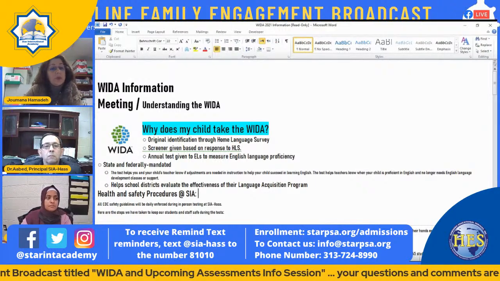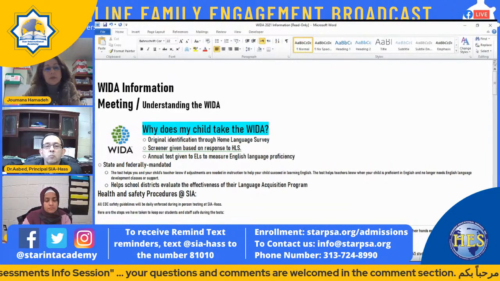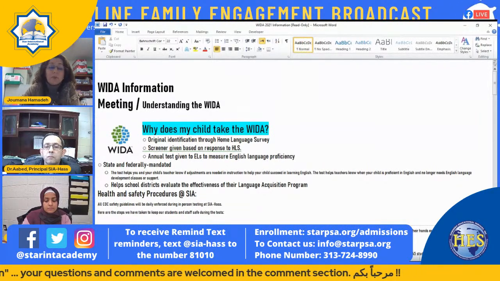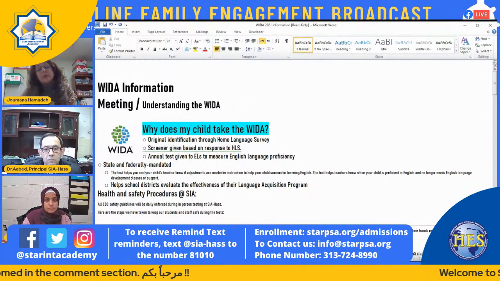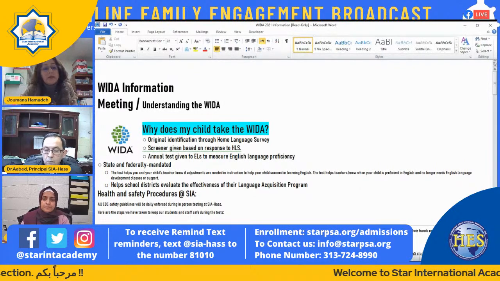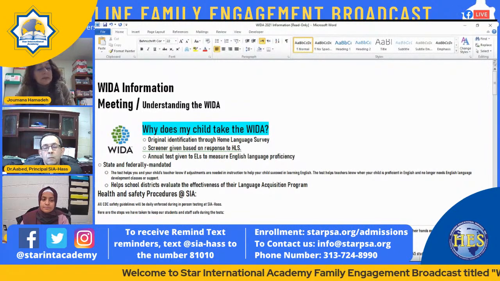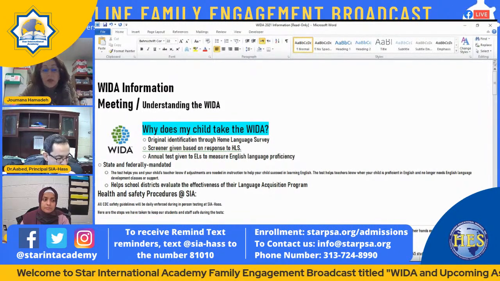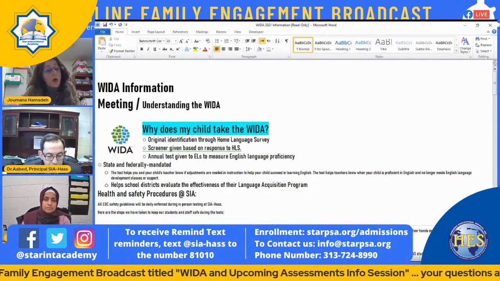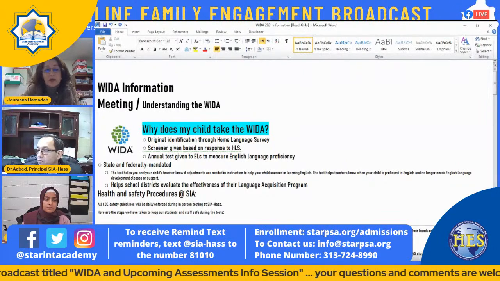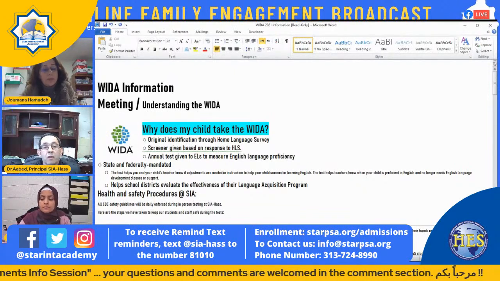If the student does not meet the criteria in those 4 domains, then yes, they have to be enrolled in the EL program, and parents will receive, at the beginning of the academic year, a letter that indicates what services are provided for those students. When they receive the letter, parents may choose to opt their students out of the EL services for the year. Opting out does not mean that they are exited from the WIDA. They still have to take the WIDA on an annual basis.